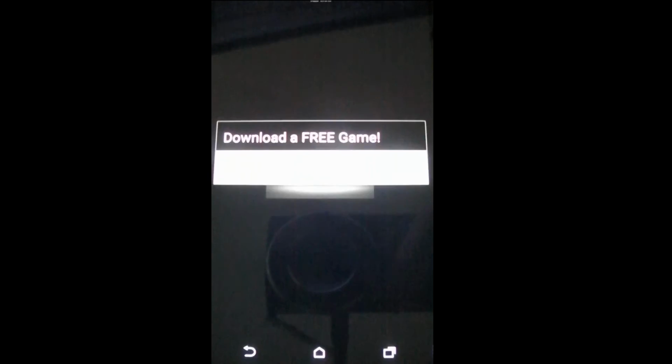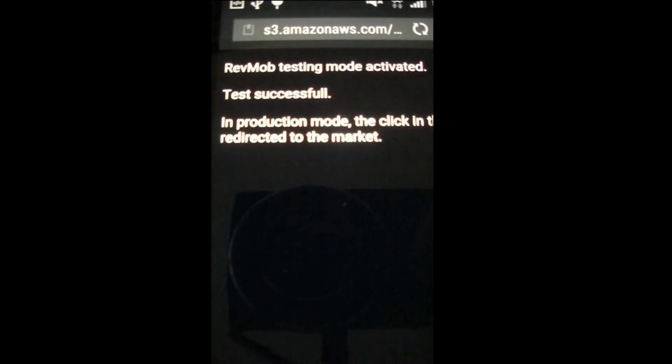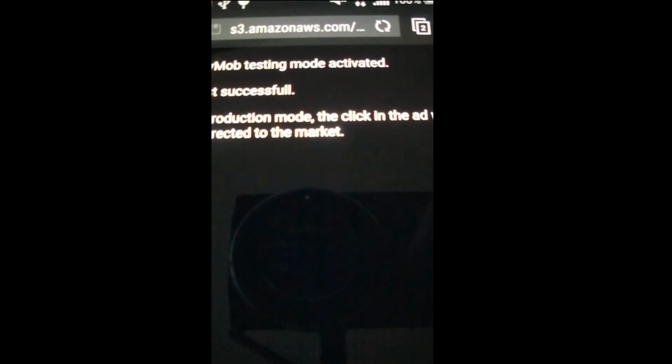Okay, so the application is on my phone, and I'm going to run it, and straight away the pop-up comes up, download a free game, and if I click on yes, it says RevMob test mode activated, test successful, and just telling you that you'd be redirected to the market once testing mode is off. So I'm just going to click back to go back to the application, and now I'm going to click the button,